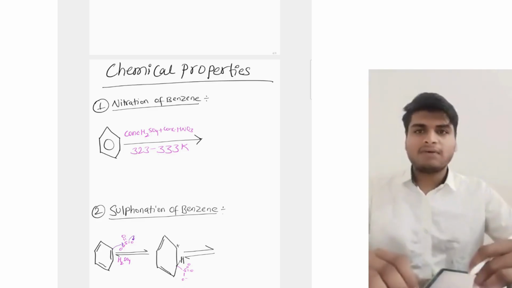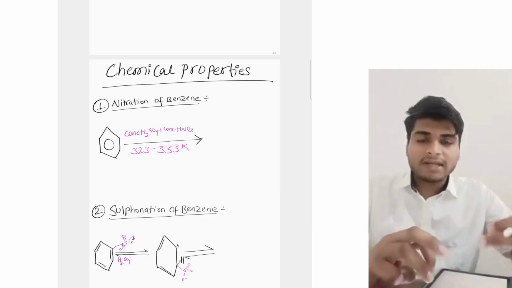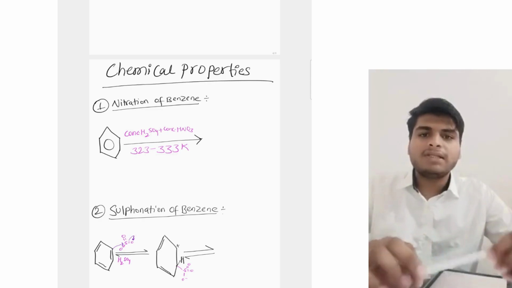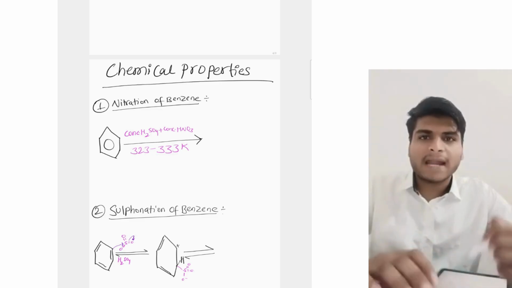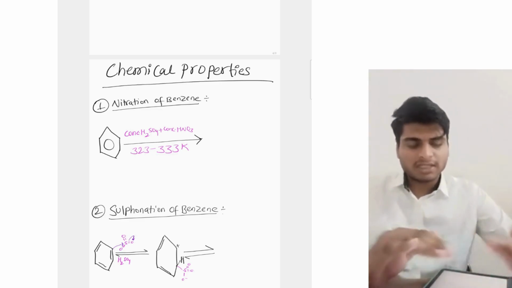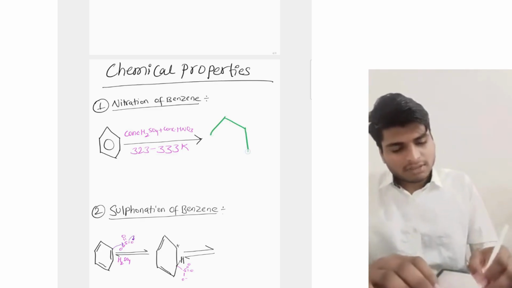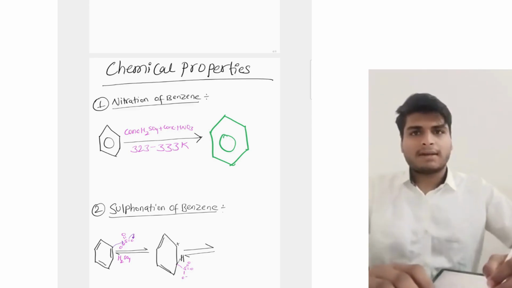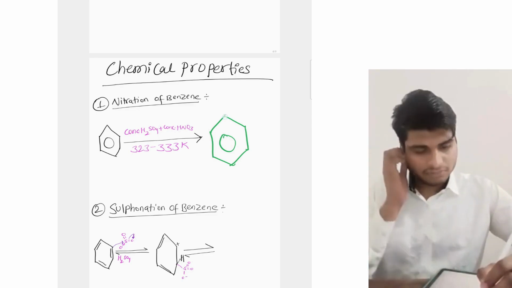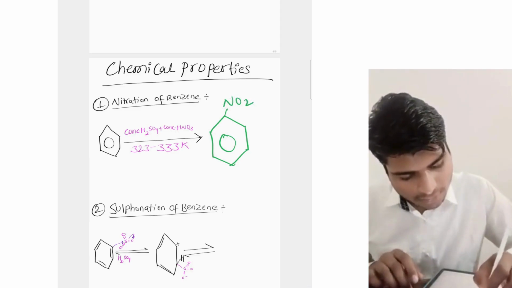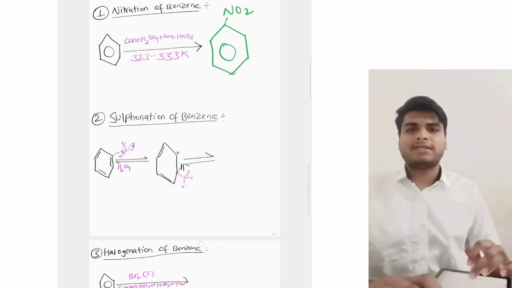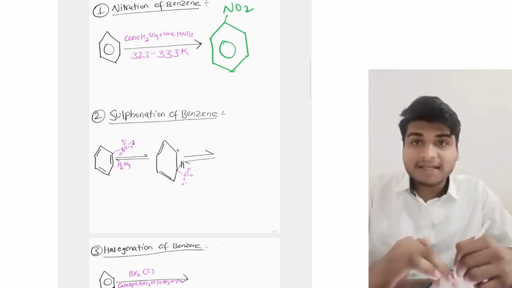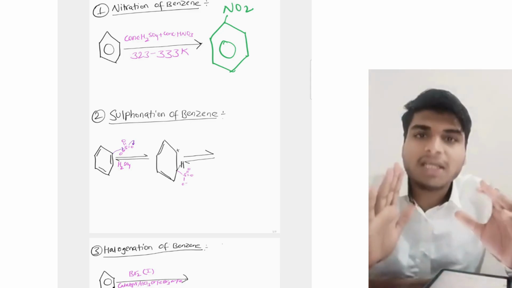In nitration, benzene reacts with nitric acid at 323 to 333 Kelvin in the presence of sulfuric acid to form nitrobenzene. This process is known as the nitration of benzene, and nitrobenzene is formed. Okay, NO2. Sulfonation of benzene is a process of heating benzene with fuming H2SO4 plus SO3 to produce